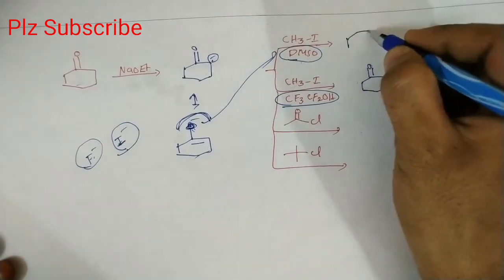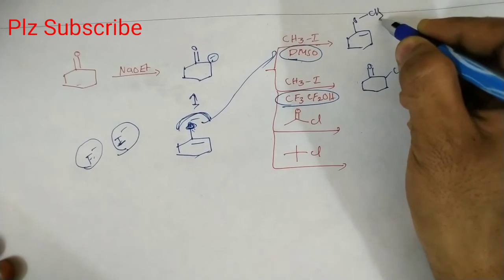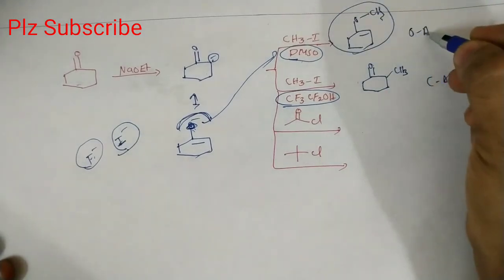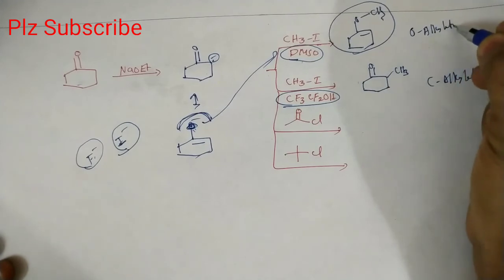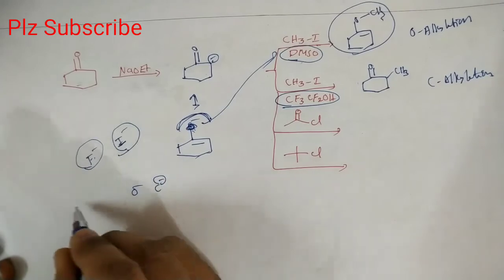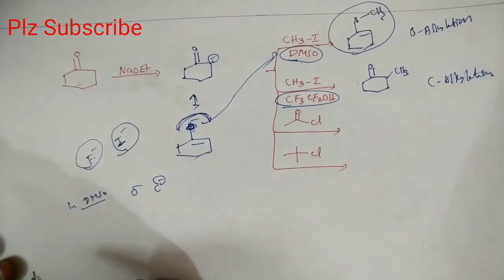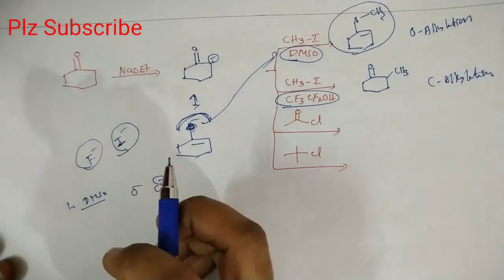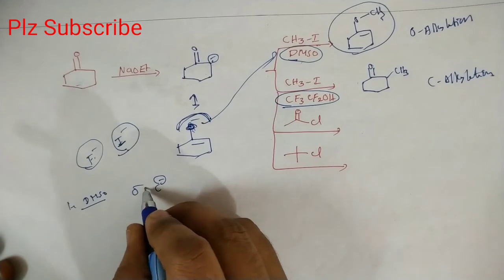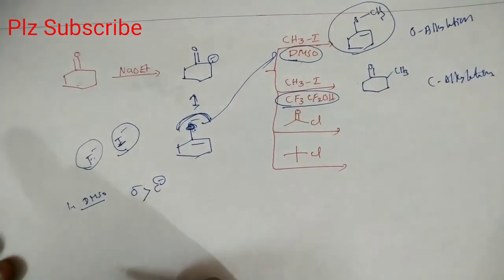attacks. So here in this case, double bond O, C, S. This is the product. This is the O alkylation reaction. That means for O minus and C minus in DMSO, which is more nucleophilic? In aprotic solvents, smaller size anions are more nucleophilic. That means O minus is more nucleophilic, so alkylation takes place on the oxygen.